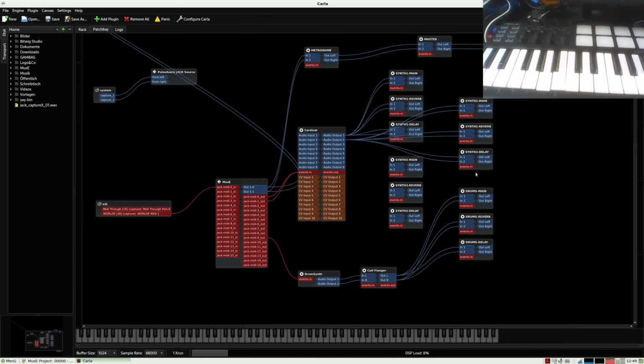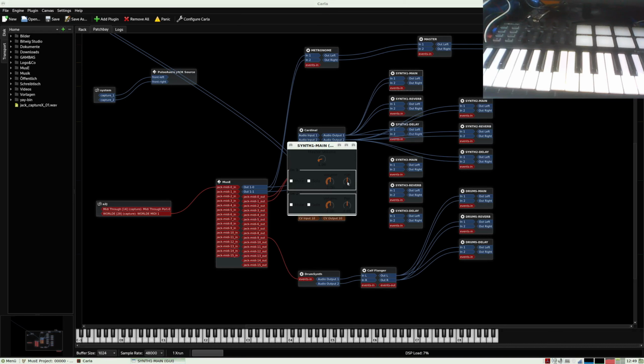Okay, now I have one problem. When I double click on the synth main, for example, I see it is paired to the mid, so I must change this to left and right for every one of these mixes, and I need to lower the amplification here. It will get too loud when I don't do so, and I will speed it up for the next things I do here.